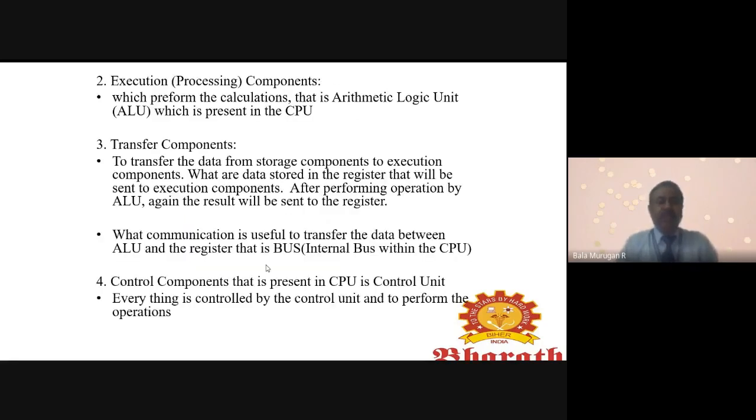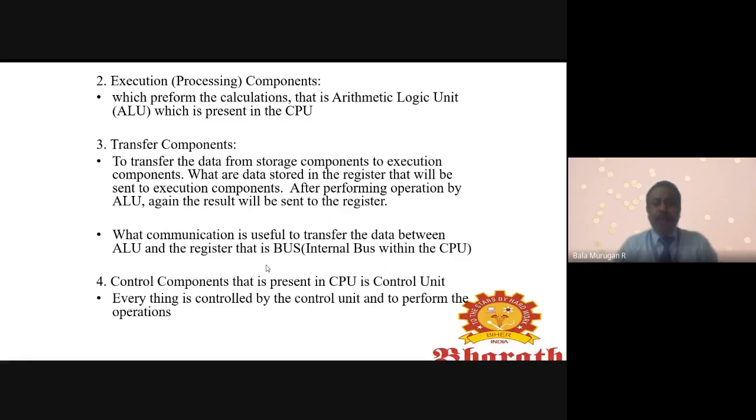Then the second one is the execution component. The execution component performs the calculation, that is the arithmetic logic unit present in the CPU. The third one is the transfer component, to transfer the data from the storage component to the execution component.